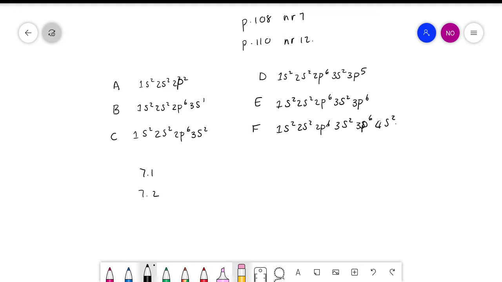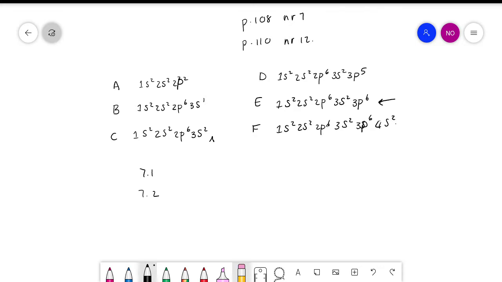Yes, so the whole energy level has been filled completely. Okay, so as ons nou kyk na daai, onthou 'n s orbitaal kan 2 vat en 'n p orbitaal kan 6 vat. Right? Okay, so if you look at A, there's still space for 4 electrons in his p orbital. So he's not happy yet. If you look at B, well, he's far from happy. If you look at C, he's also still got this whole p orbital to fill. 3p still needs a 6. If you look at D, he's still got space for 1 electron. But if you look at E,